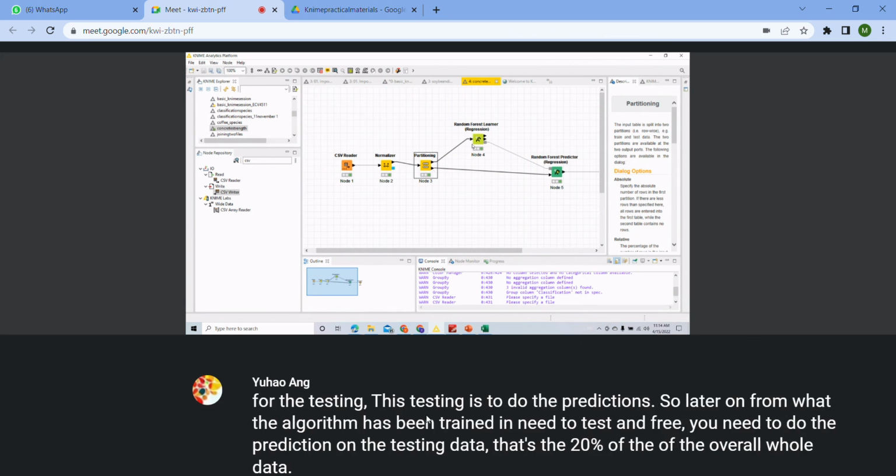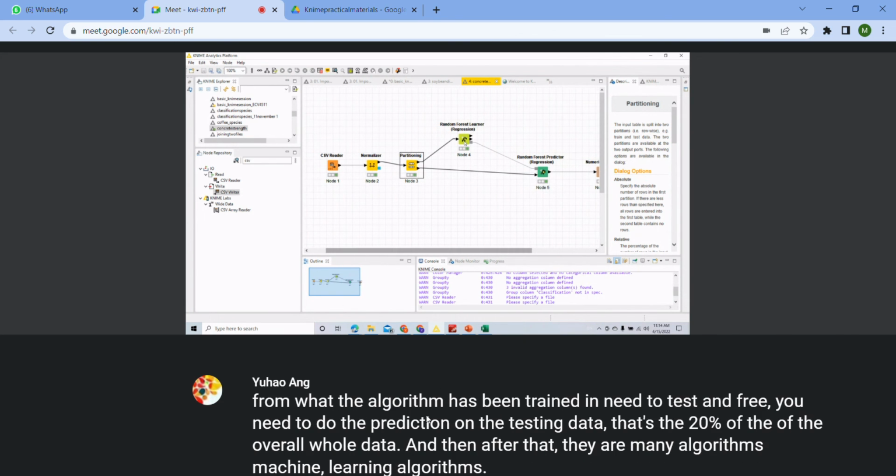And then after that, there are many machine learning algorithms. So to train the model, this is